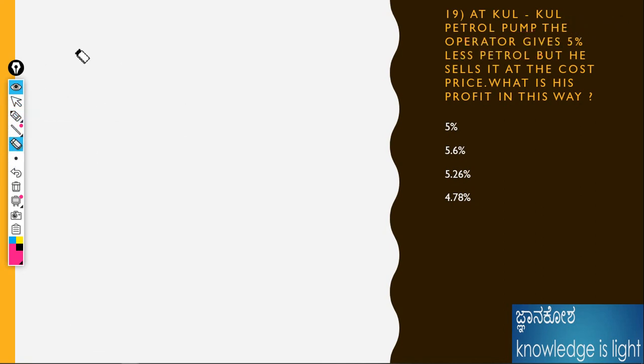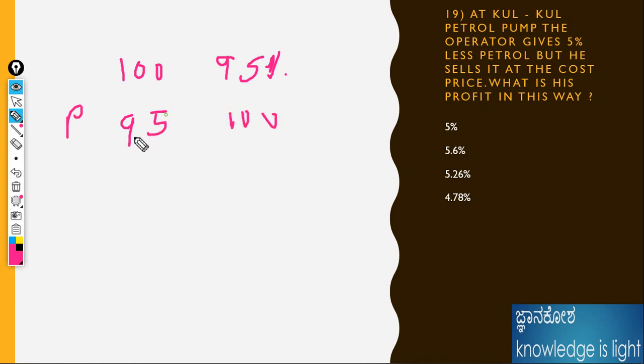If the product is 100% there, the material here is 95. Initially, then the cost should be the reverse of that one. If 100 is 5% less, it means 95, so the price should be the reverse: 95 into 100, then how much is it varying,